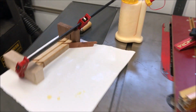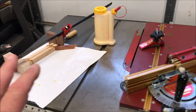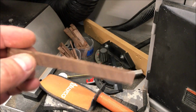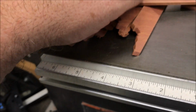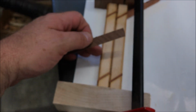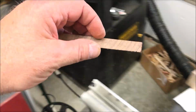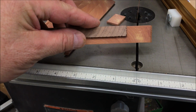I have got a couple of Celtic knot blanks, 1, 2, 3, 4 going right now. It took a long time to get here. I had a couple of false starts. What happened is I cut some pieces to go inside of the slices, and turned out that they were a little too small. So basically I cut these, and then I made my cuts in my blanks, found out that these were too small. So then I came back, I had to tear everything down, reset up, and cut some